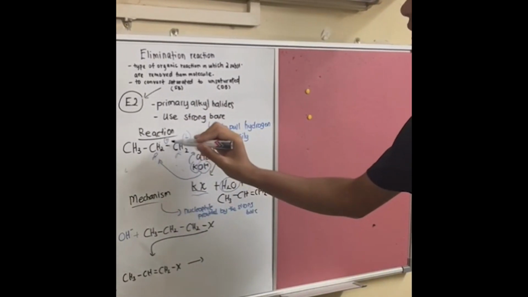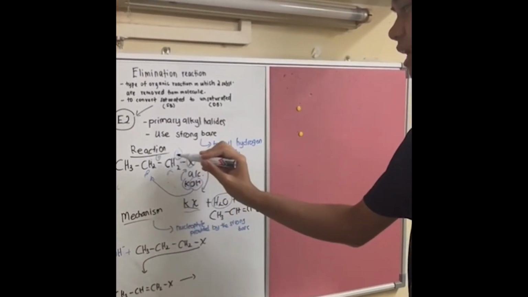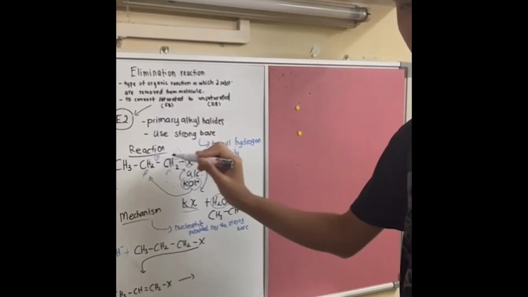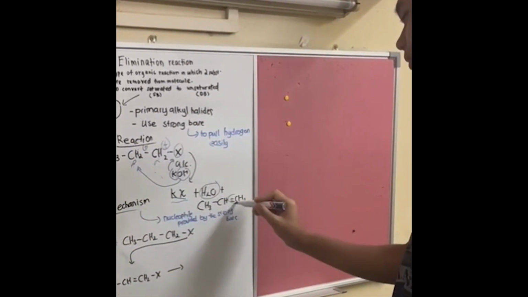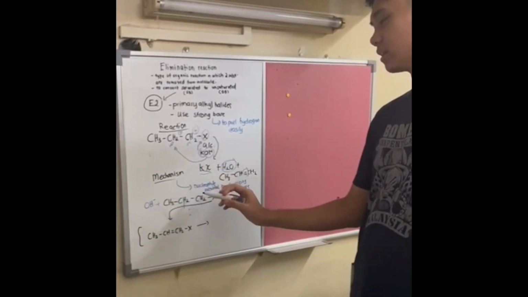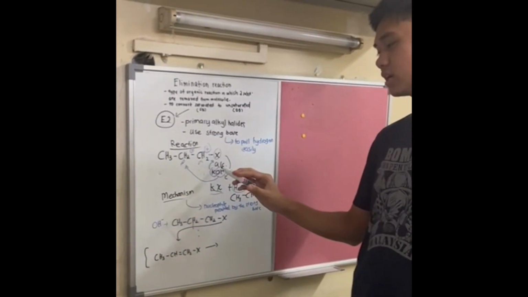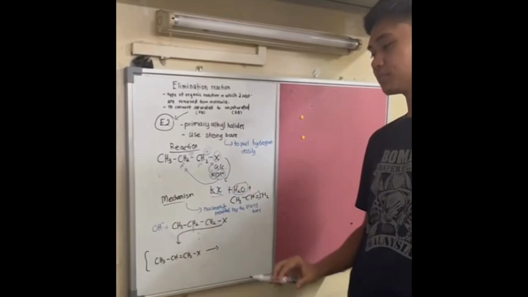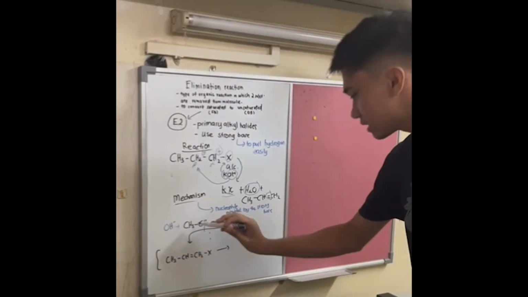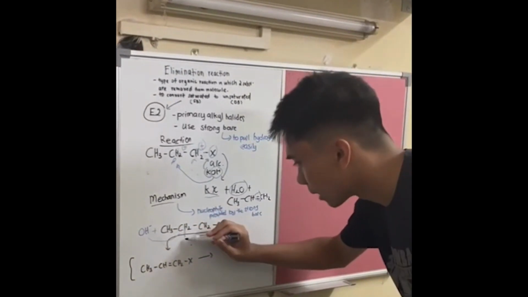And from the remaining beta carbon and alpha carbon, both of them have a separate new electron, which causes the double bond here. In the mechanism, we can clearly see that it is a nucleophile provided by a strong base, for example the alcoholic KOH. So the OH minus will react with this molecule, to be exact, from the beta carbon,